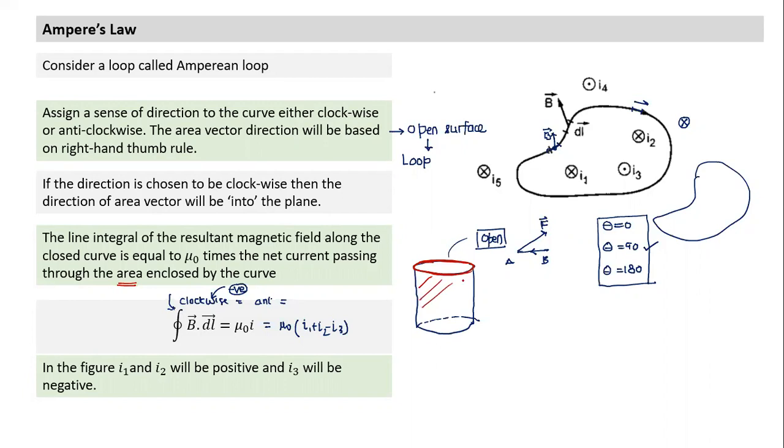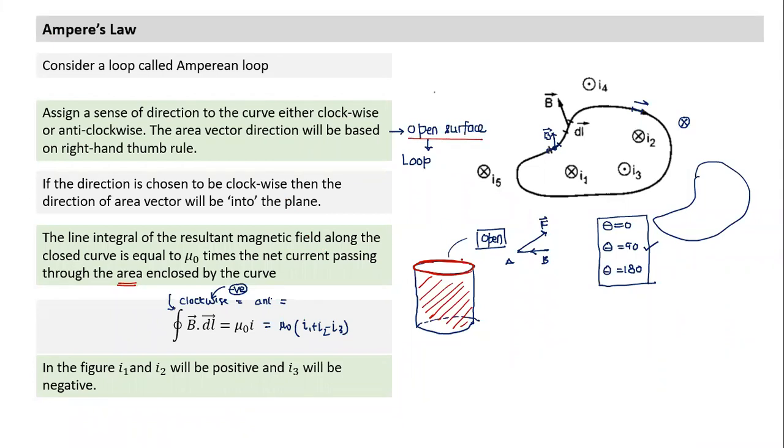Okay, I think this part I will deal with later, because we don't use it much. It is useful only when we go to the application of Maxwell's law. So maybe a more appropriate definition of Ampere's law is not a loop. What do we have to take? We have to take an open surface.